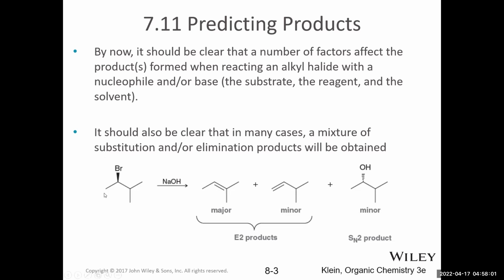We also want to analyze the structure of the substrate. This is a secondary alkyl bromide, which is a little bit slower for SN2 reactions. Recall that SN2 reactions prefer methyl or primary substrates, but it reacts well in an E2 reaction. So the E2 products will be major over the SN2 products using a secondary substrate given a reagent that can function as both a strong nucleophile and a strong base, such as sodium hydroxide.